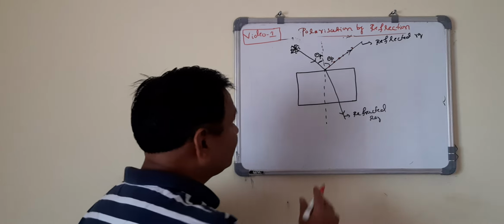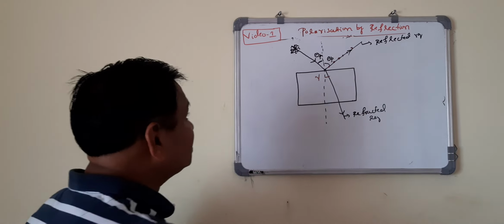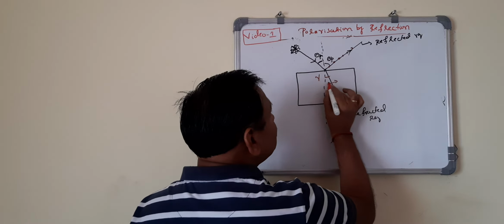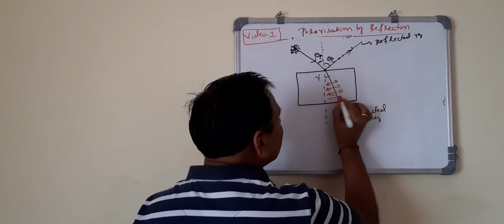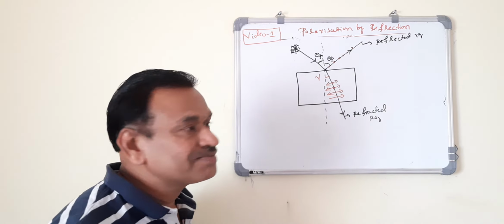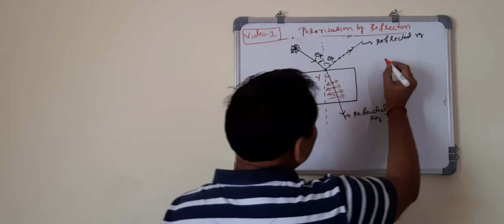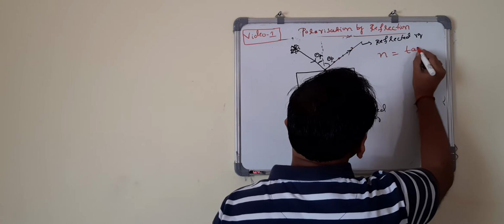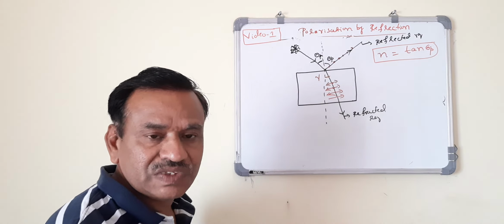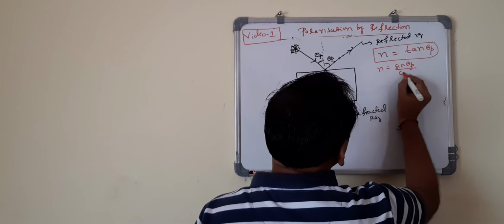When this is polarized, this is called the angle of refraction. This refracted ray is not polarized light, students. It contains the other vibrations. Now this is 100% possible. He made the statement that this is possible when the refractive index n equals tan of the polarizing angle. Here, n equals sin theta p divided by